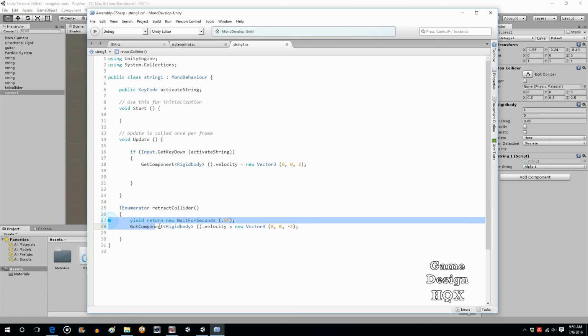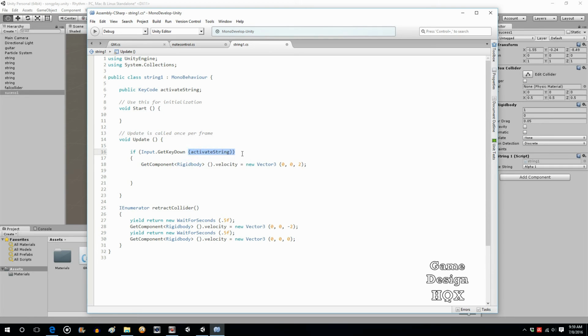And then I'm going to copy this, paste it, make a change, and then explain what's going on. Okay, so what we're saying is this. You press the key on the keyboard or your controller or whatever. That makes the collider box, because that's what the script is attached to, it makes that collider box move along the z-axis. We then say, go ahead and run